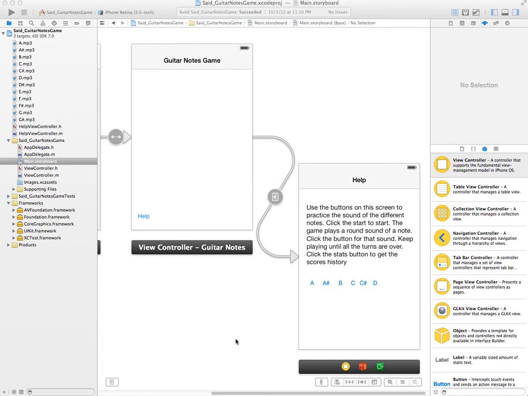Hello everyone, in this video we will start working on the game view. In the game view we will operate the different components of the game. Please refer to the previous videos to remind yourself of the different elements of the game and how it works, and the user interface that we